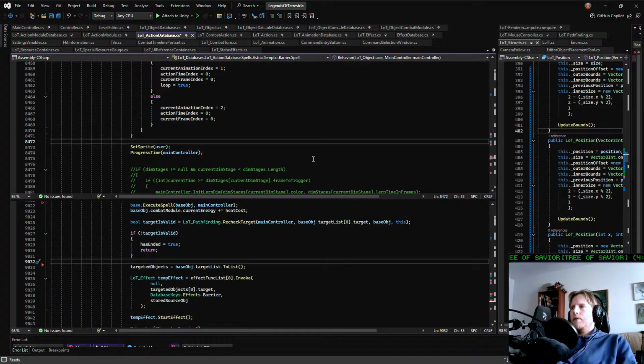But the issue is, I feel like what's not good right now is that the barrier, the actual effect that's being invoked right now, comes from the Templar spell. And it reads those stats, right? And I think that's not good. Because I feel like